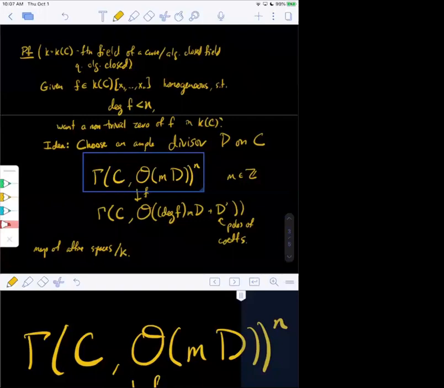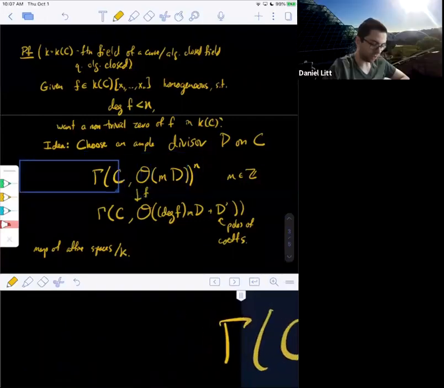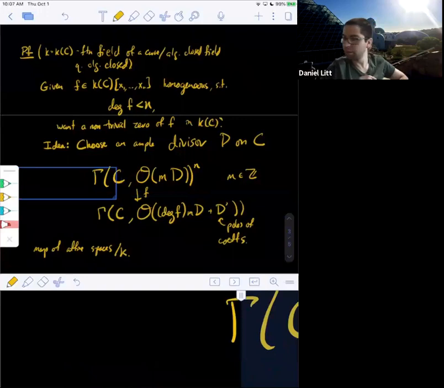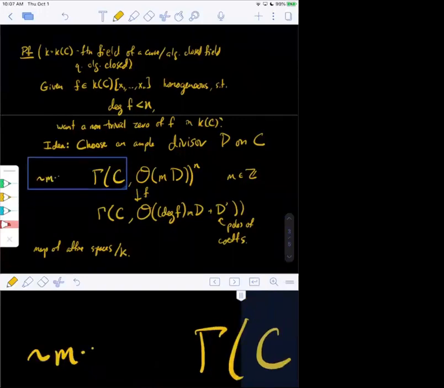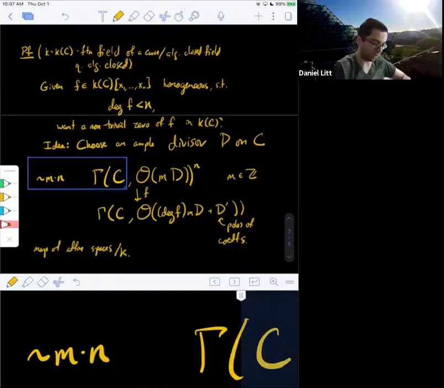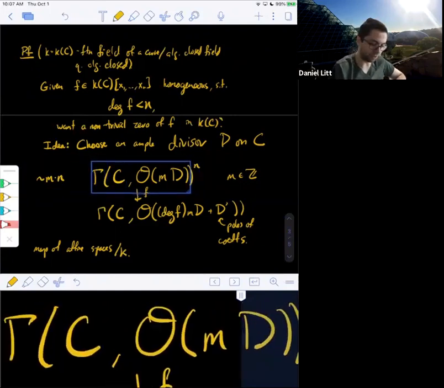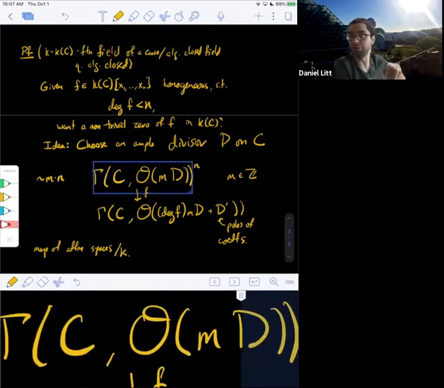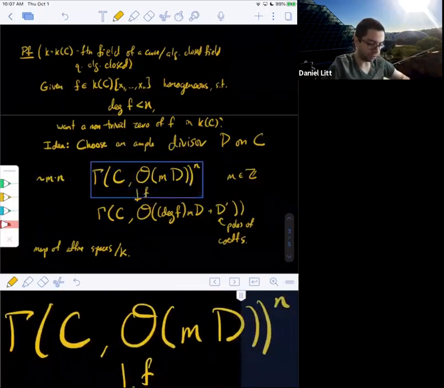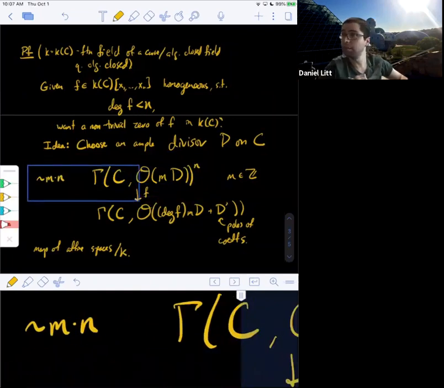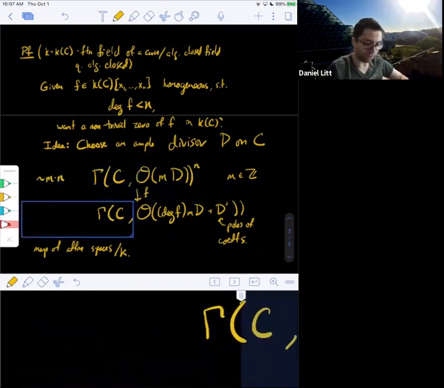I guess it's a linear function. Yeah, so linear in what? In n. Yeah, that's right. So in fact, this grows like m times n, up to some constant. So that's from the Riemann-Roch theorem. It says that before you take this n here, this has slope 1 and grows like m, so it's like m plus some constant. And then we're taking the nth power, so the affine space as a whole grows like m times n. All right, what about this bottom one?